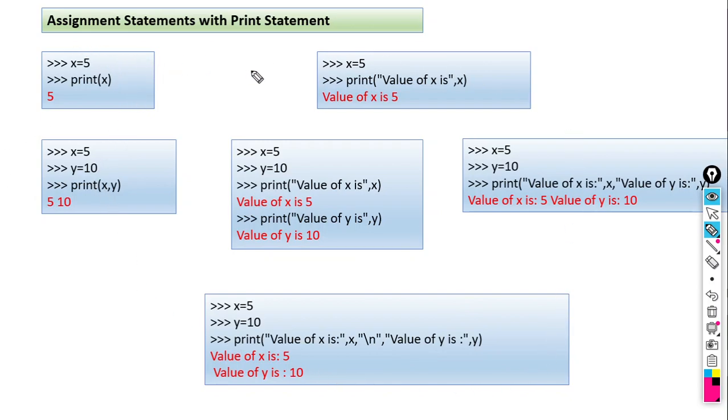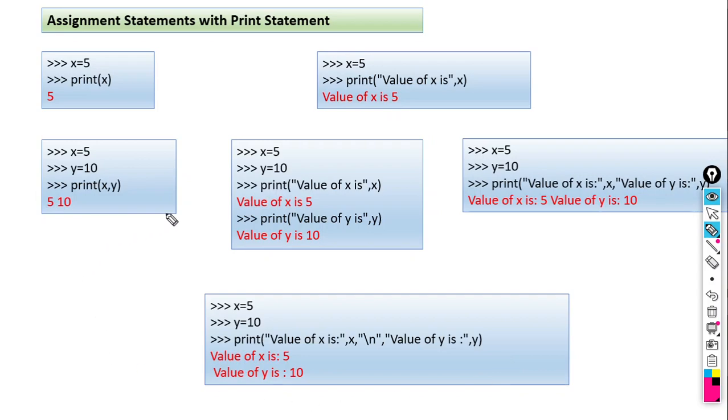So once again, look here, how we can store numerical data with the help of a variable and how we can print that data on the computer or on the mobile. First example, a single value is given. In the second example, a value is given with some text.